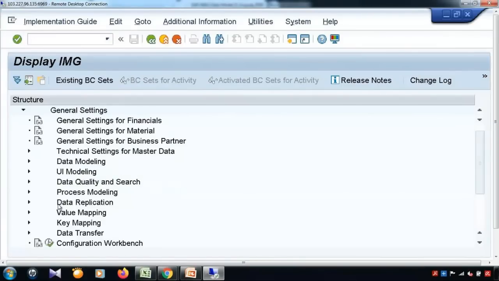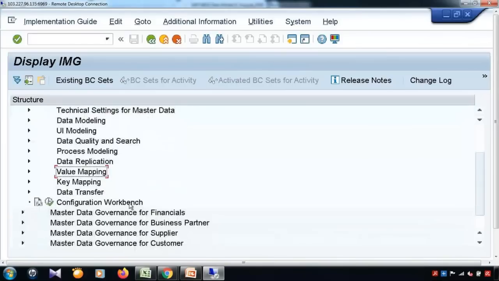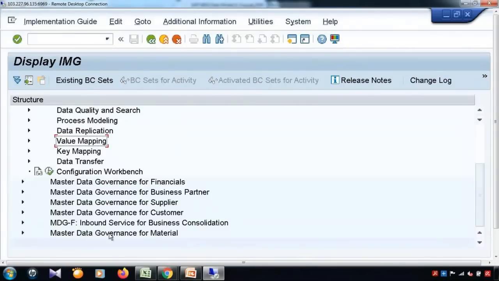Under the general settings we have data model, UI, search and duplicate check, process model, data replication, value mapping, key mapping, data transfer, all these activities which are the pillars of the MDG framework, followed by configurations like finance related configuration, business partner, supplier, customer, business consolidation, material, etc. So let's start with the data model